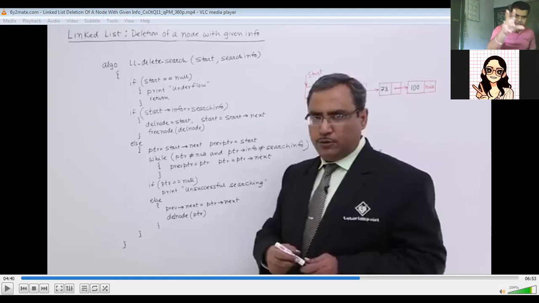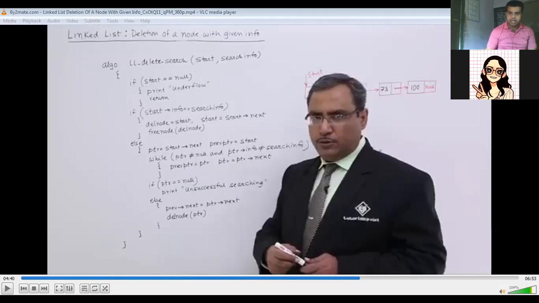Now, since underflow has been mentioned in this tutorial, let me just discuss the two terms. That is, one is underflow and one is overflow. Okay, now the overflow condition does not exist in the linked list. Try to understand. Overflow situation does not exist in the linked list. Why does it not exist? Because the concept of the linked list is based upon dynamic memory allocation, not a fixed size, just like an array. In an array, you can have an overflow situation.